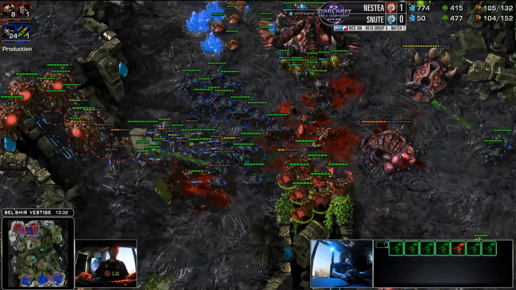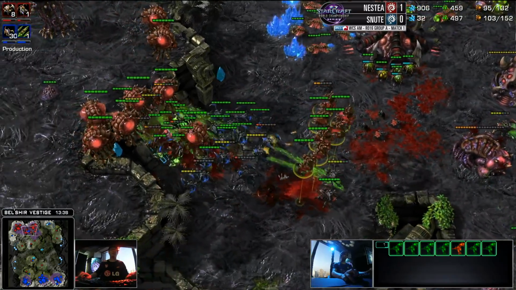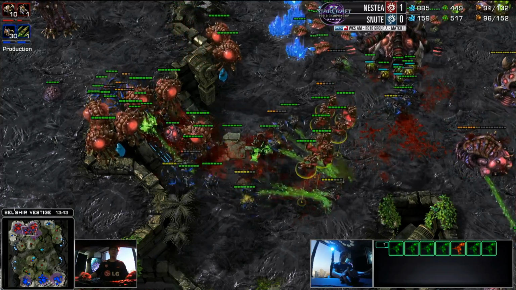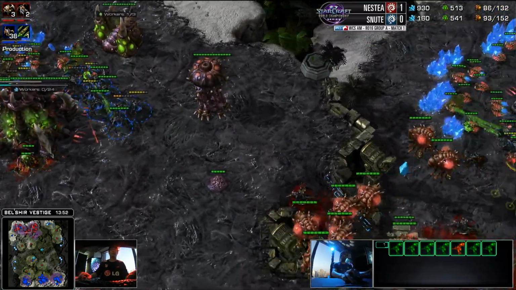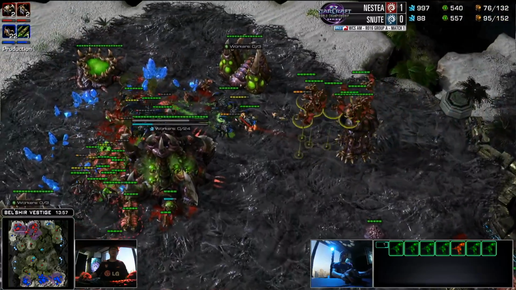Of course, Nestea has been making units this entire time. The Mutas returning back here to help out. Snute trying to get that damage done. He can afford to do this because he has 3 bases, so at the very least, Snute is able to identify exactly what Nestea is up to. Oh, if he can get a lot of drone kills. He's actually attacking at 2 places now. The natural is going to be defended by Nestea, but meanwhile, in the main base, so many drones are going down,